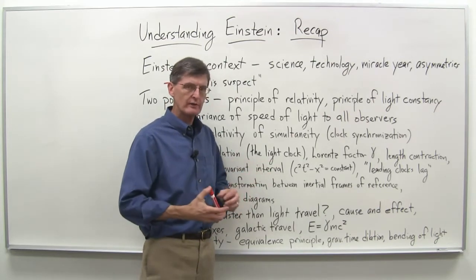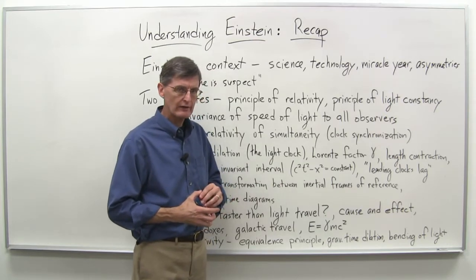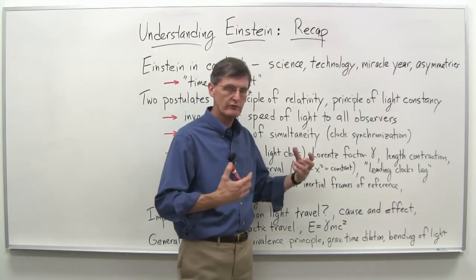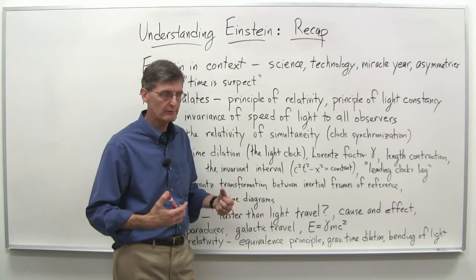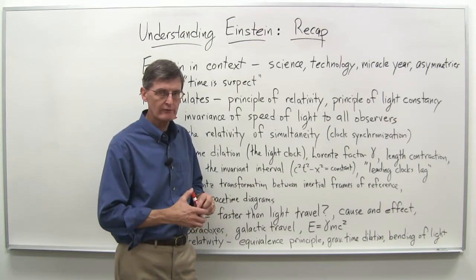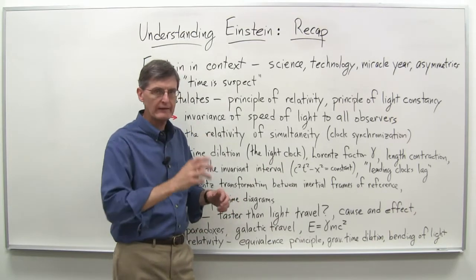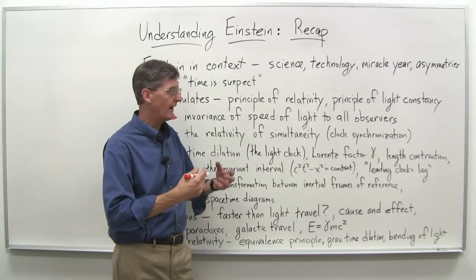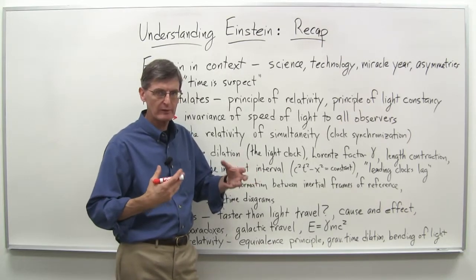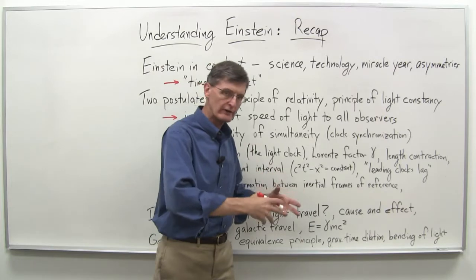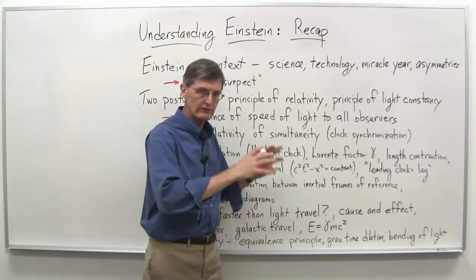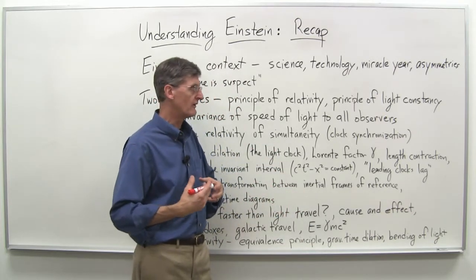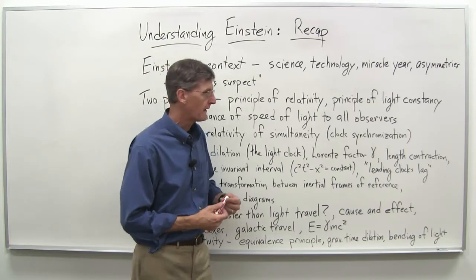We talked about some of the experimental results, especially the Michelson-Morley experiment and stellar aberration. They did not seem to have as big an influence on Einstein's thinking as, again, as he termed it, the asymmetries involved. We talked about the bar magnet and the coil of wire, and how, depending on which was considered to be moving, physicists had one explanation for one scenario, another explanation for another scenario,